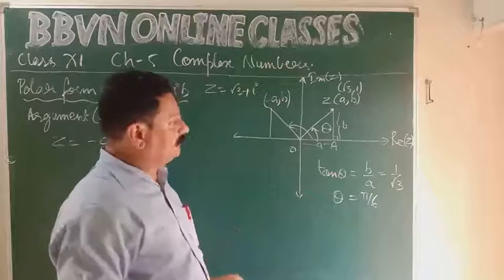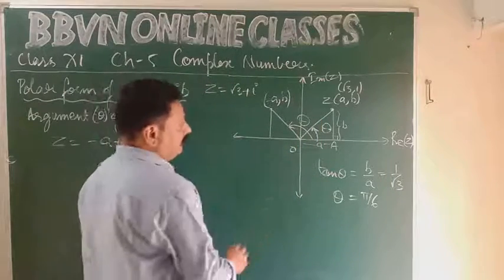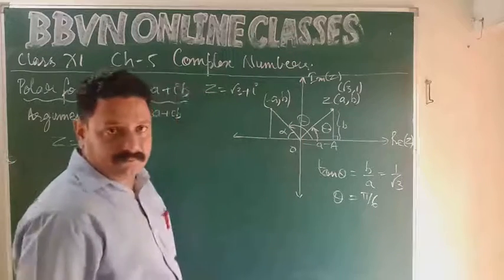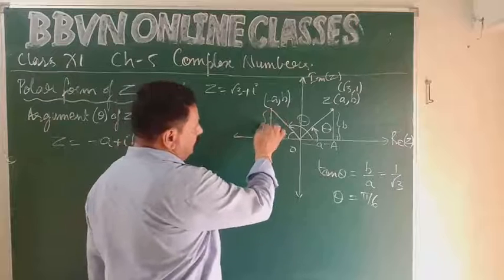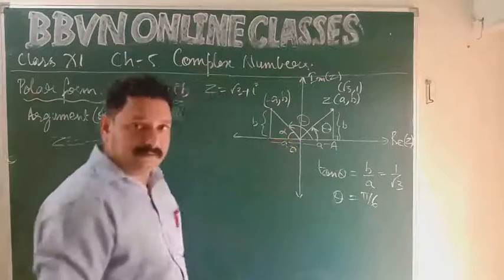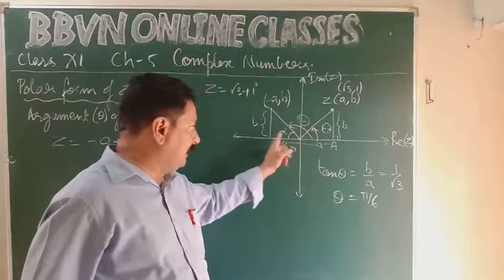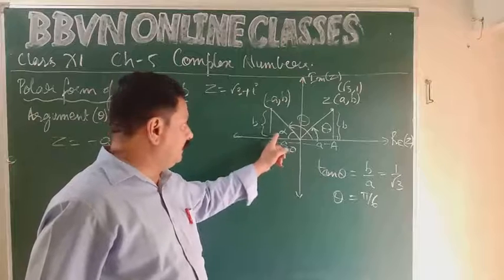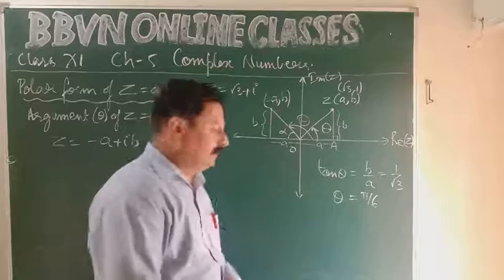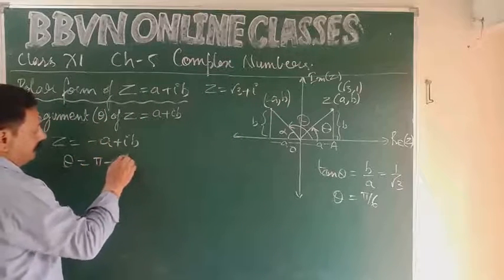How to find out this angle? In this case, this theta will be the argument. तो हम एक काम करते हैं, perpendicular drop कर दिया. So this angle is alpha. Okay. Now vertical component B, horizontal component A. ठीक है. Now alpha is acute. Pay attention. Alpha is acute. हम tan alpha निकाल सकते हैं. Tan alpha equal to B upon A. So what is theta? 180 minus alpha. So in this case, theta is equal to pi minus alpha.